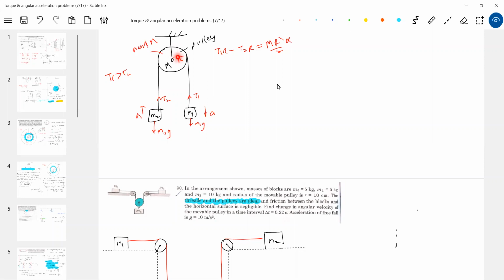Because why will the pulley rotate? The pulley will not rotate if it is having a mass and there is no friction. If there is no friction, though the pulley has a mass, then what conditions will arise here? It cannot rotate; there should be some sort of friction. In most of the problems, this is taken for granted and you need not bother.